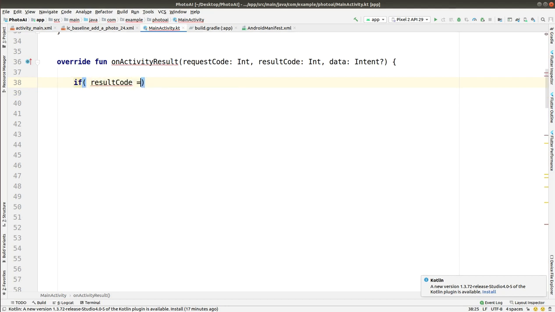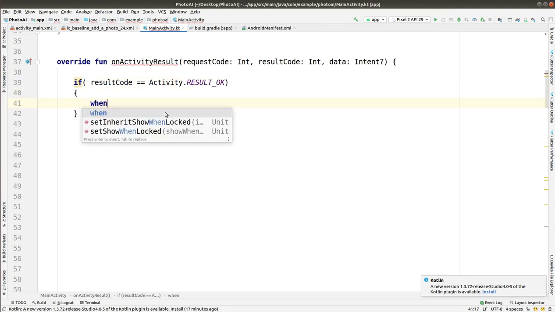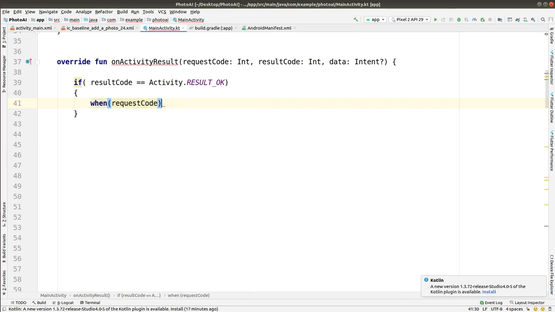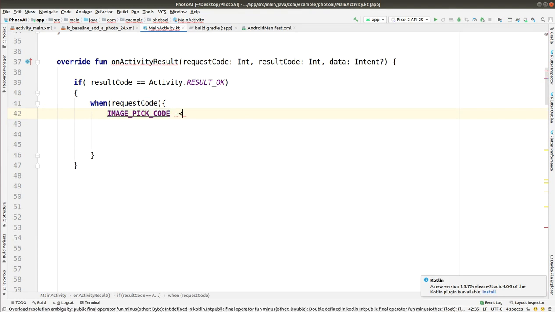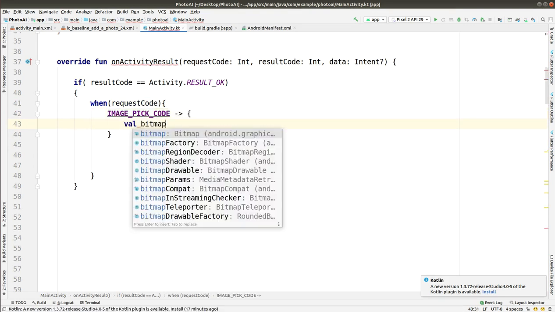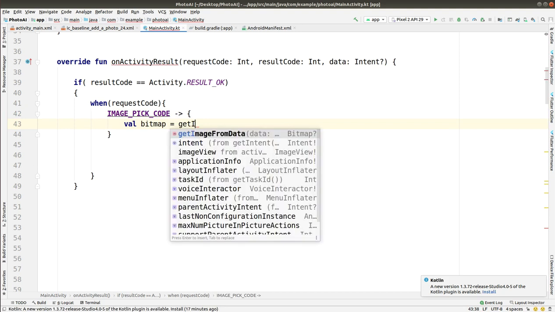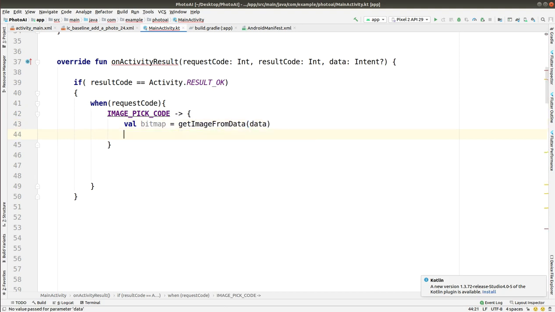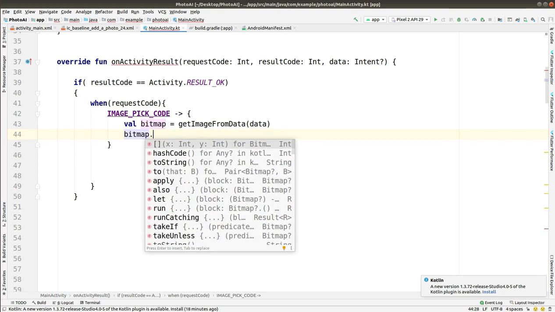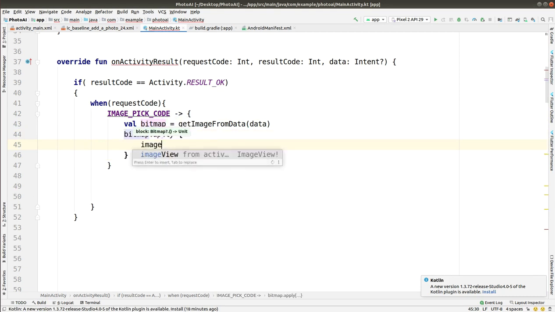First of all, add that if condition and check that the result code is result okay, if the image is imported successfully. Then using that request code that was 1118 or 108 I think, yeah, and then get image from data, the function that we have created.